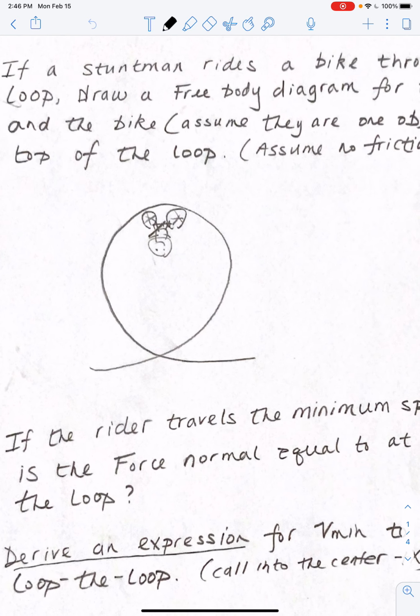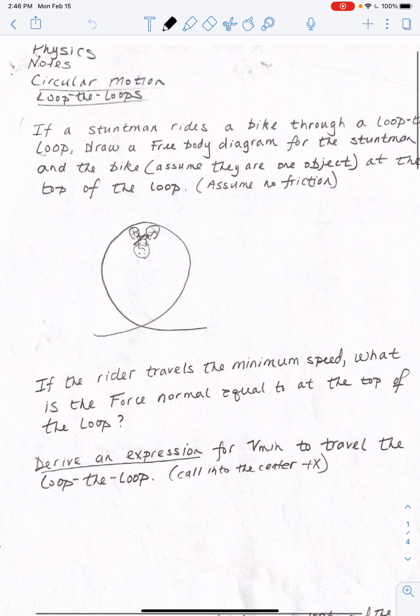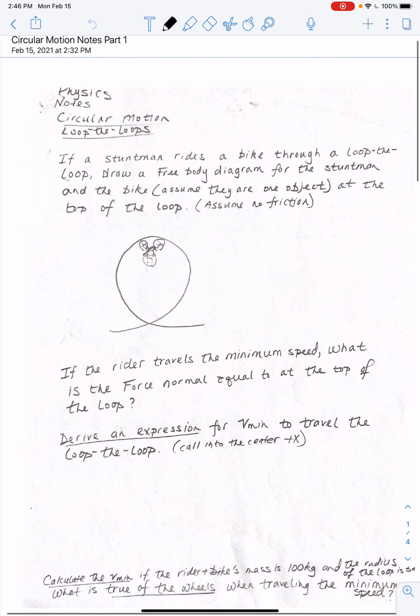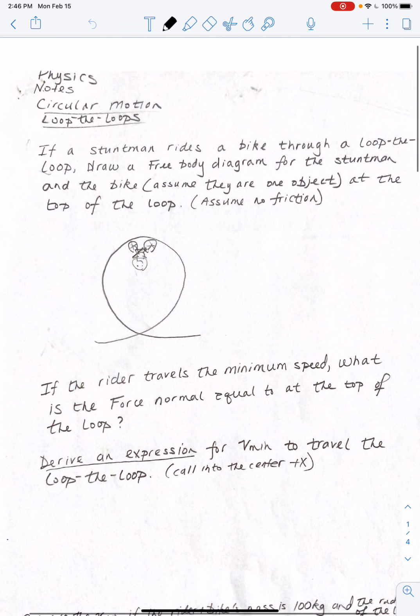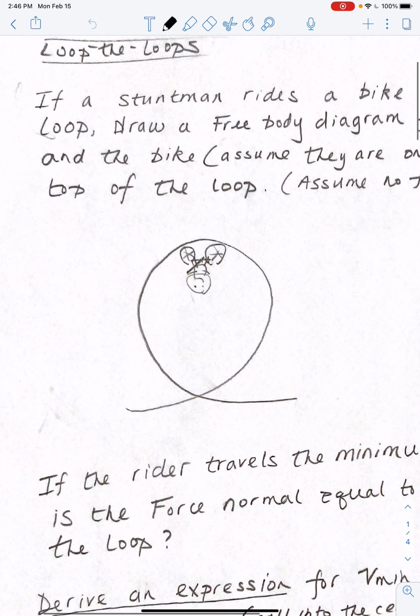What it deals with, it says if a stuntman rides a bike through a loop-the-loop, draw a free body diagram for the stuntman and the bike. Assume they are one object and at the top of the loop. All right, assume no friction. So what we're saying here is that this person maybe is riding a BMX bike or something,